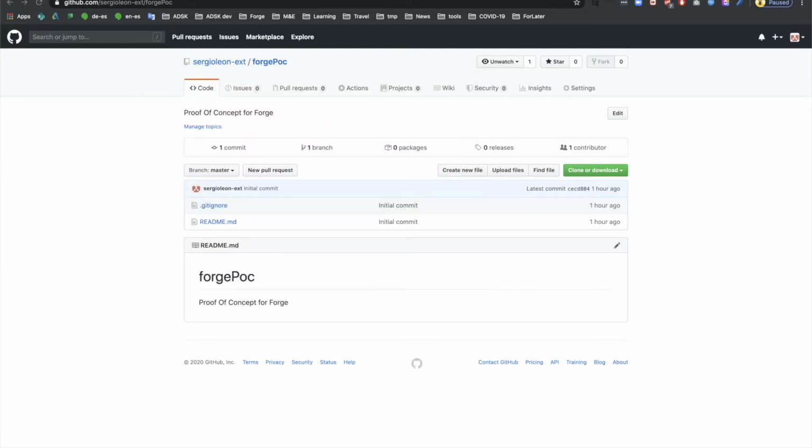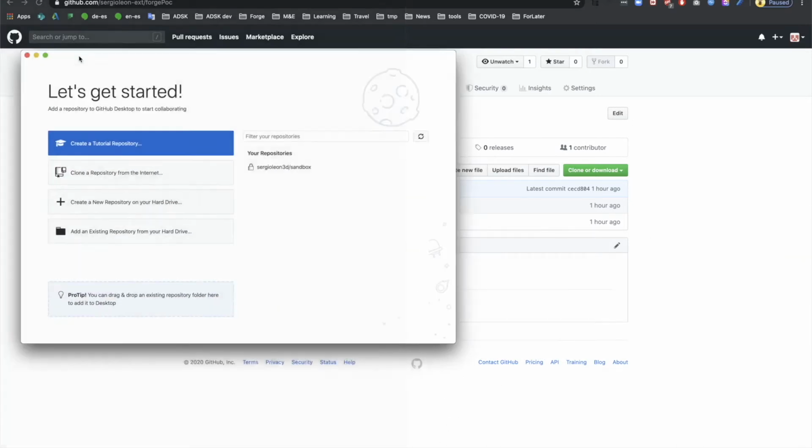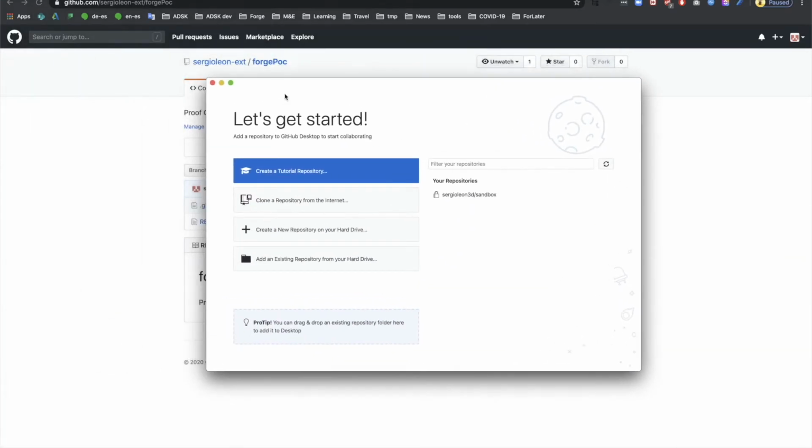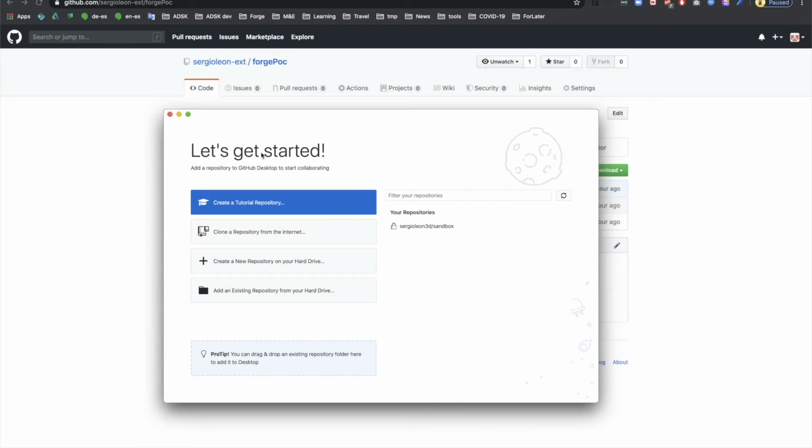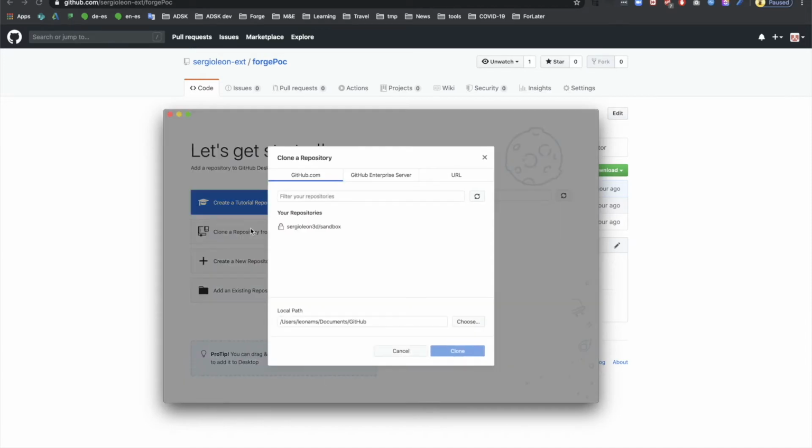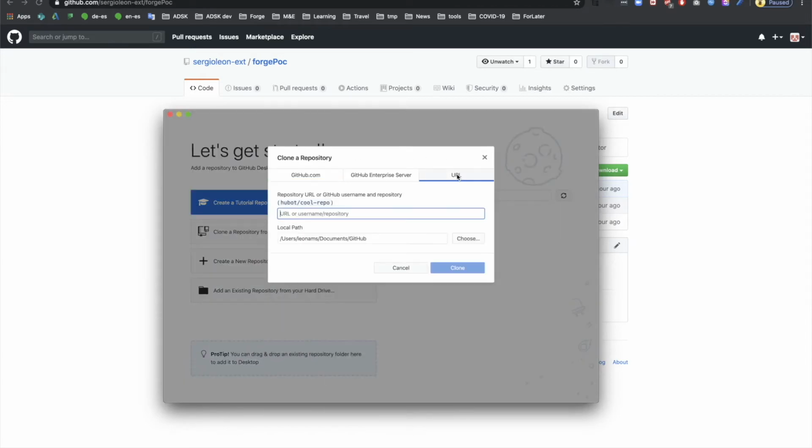Let's open it. Here I have it, and then we have the option to clone a repository from the internet. In this case, I'm going to click there. Then we have to select URL, paste, and clone. Important here is not only the URL, it is also to indicate where we want to locate this